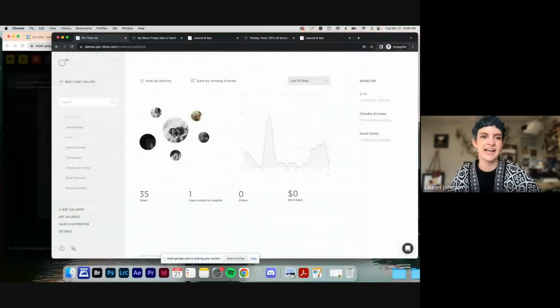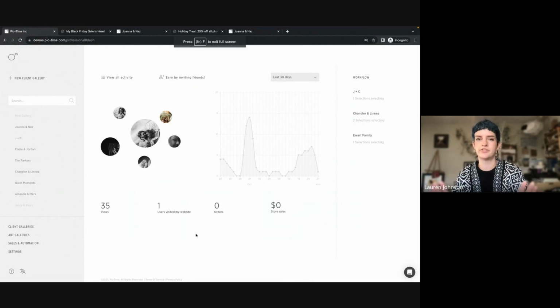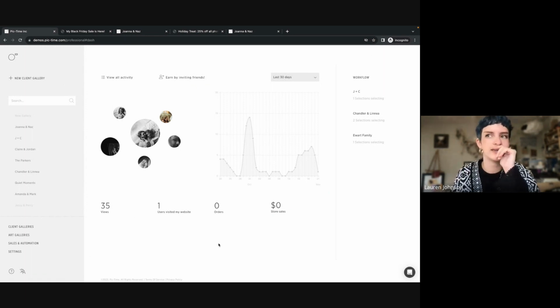Click to share. Let's go ahead and go. And for a brief intro to Pic-Time and specifically the marketing sales apps, I'll show you what they look like first of all. But this is our main dashboard here in Pic-Time. And if you've never done a sale or worked with the marketing apps,